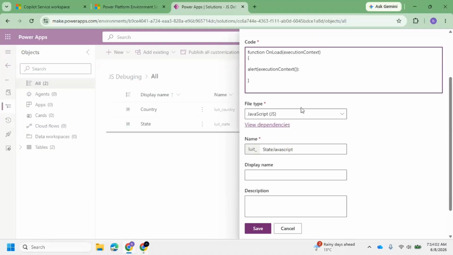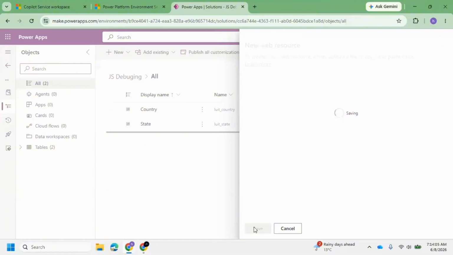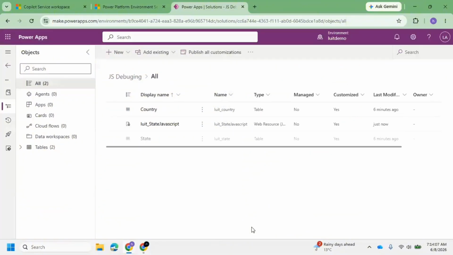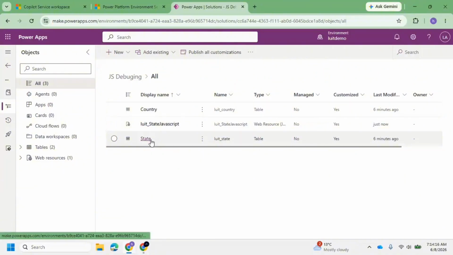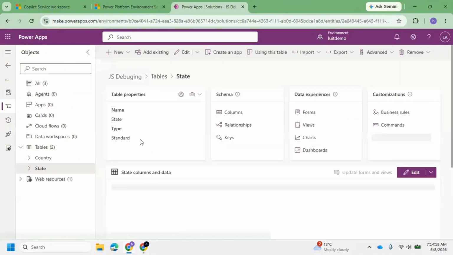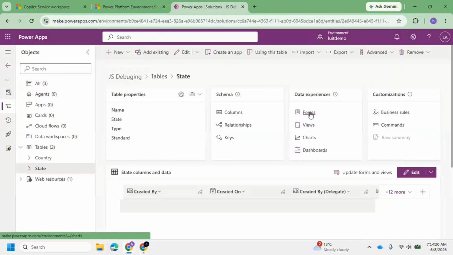Okay, just adding alert. Okay, save. So what I want to show you is the difference between what we have in the form context and what is there in the execution context. I just created a new web resource. I have to add it on my state form, right? So go to forms,